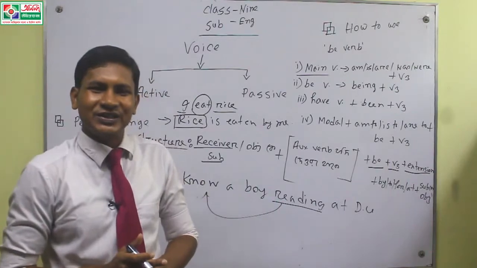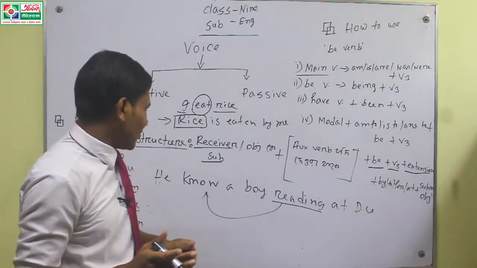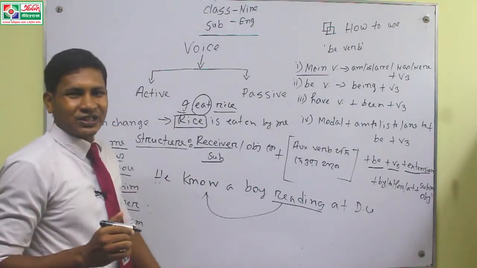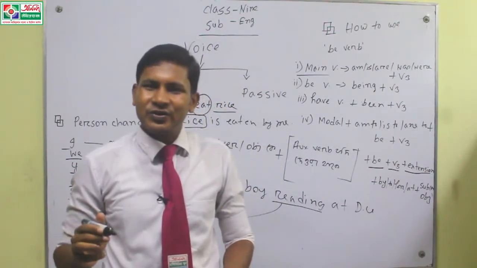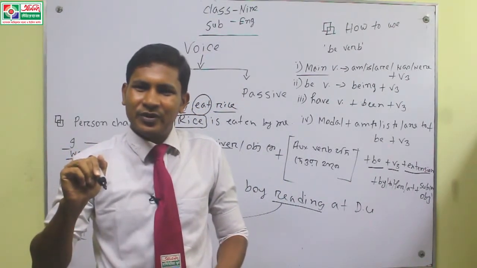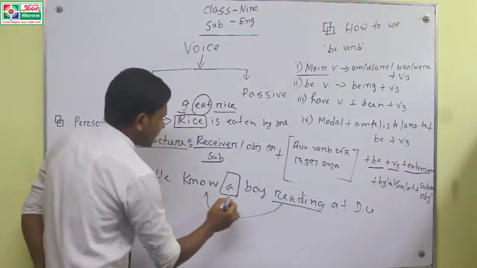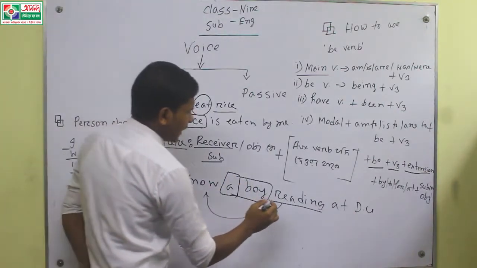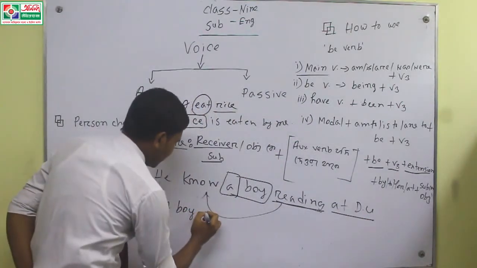It's very easy. Don't feel hesitation, just look at the online class and try to understand. If you don't understand any point, just comment to me. I am ready to solve any problem which is very critical for you. Okay? At first we use here a boy, then the ing form of verb and other words. So reading